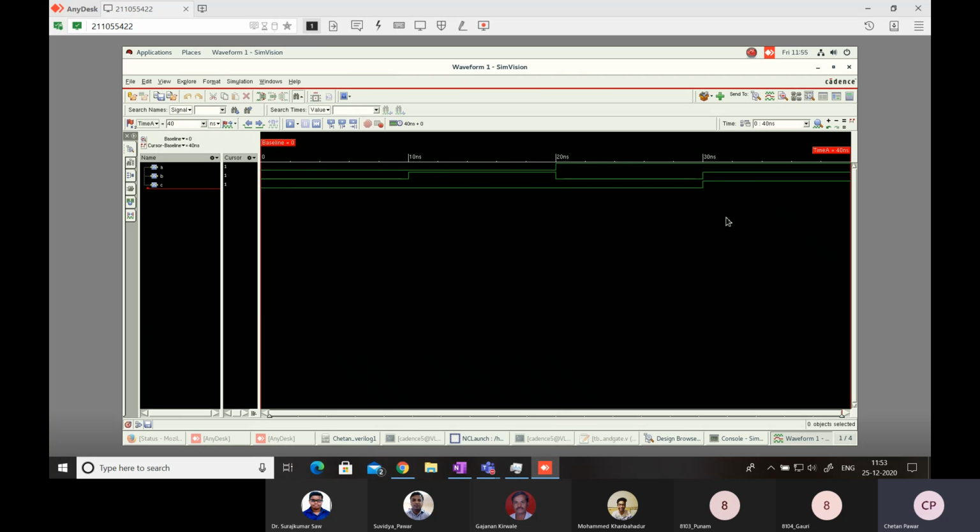Now here you can see the waveform came. For whatever input you have applied, you are getting some output for that particular design. If I click on this, one marker will come. If you directly click on that particular point,